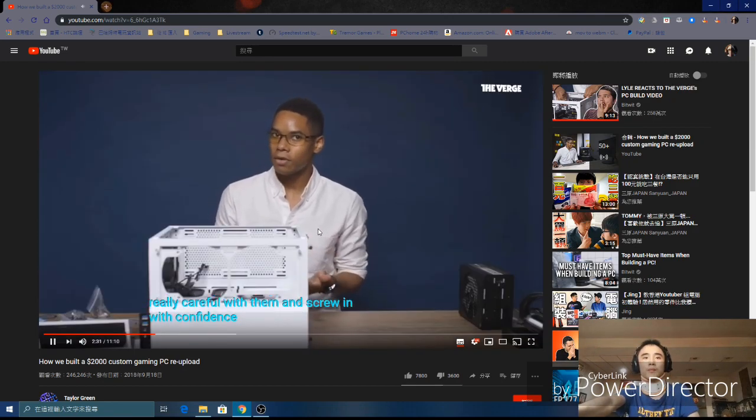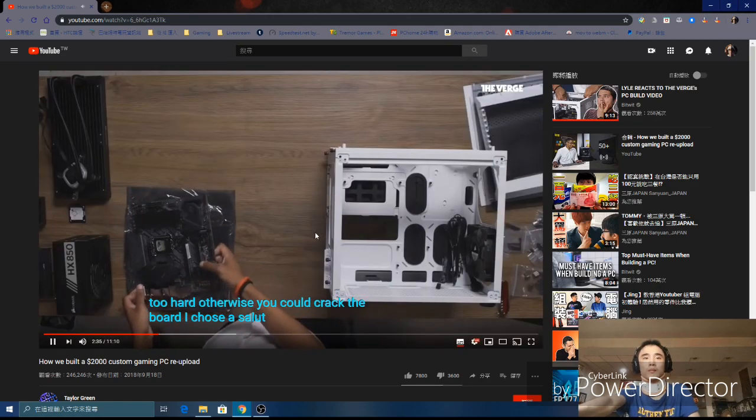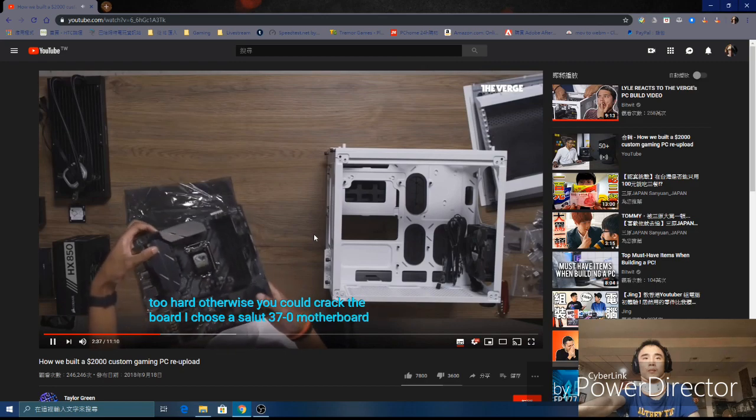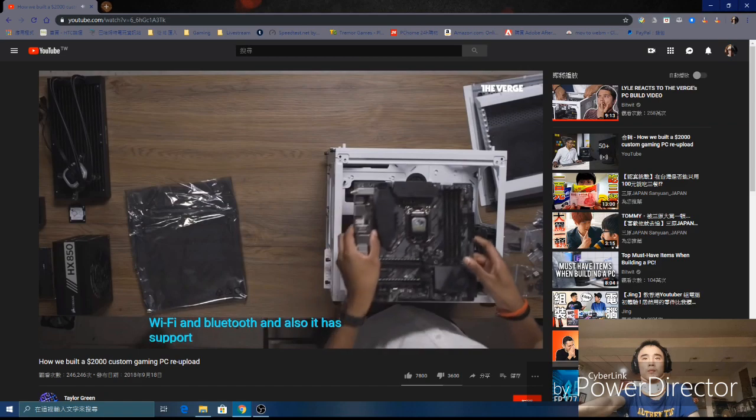Parts that you really need, place items into the case and make sure that they all fit. And screw in with confidence, but also don't screw in too hard, otherwise you could crack the board. I chose Asus's Z370 motherboard for two main reasons. One, it has built-in Wi-Fi and Bluetooth, and also it has support for...